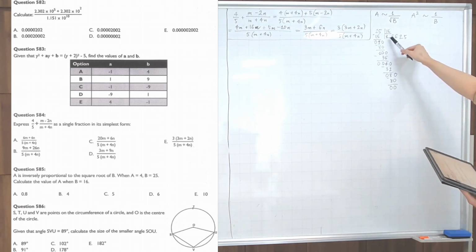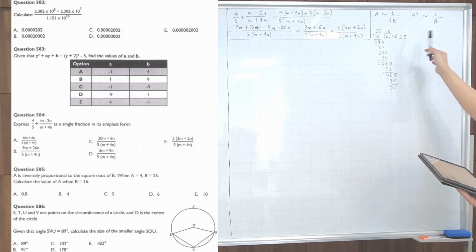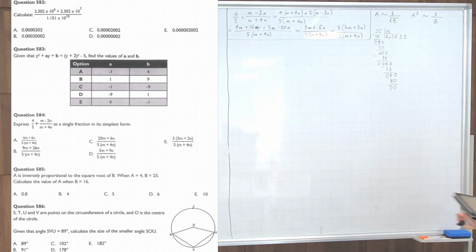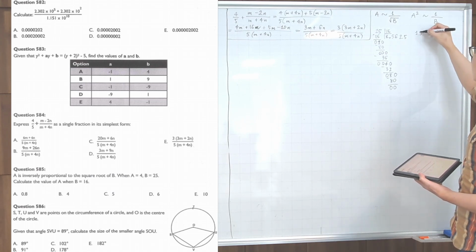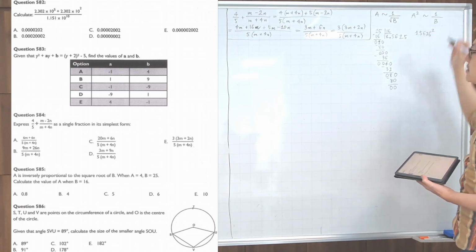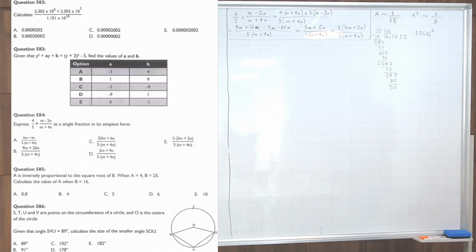So you see, B actually decreases 1.5625 times, isn't it? So it means A will increase by 1.5625 squared, isn't it? If B decreases by such an amount, then A must increase by that amount squared, right? But this number